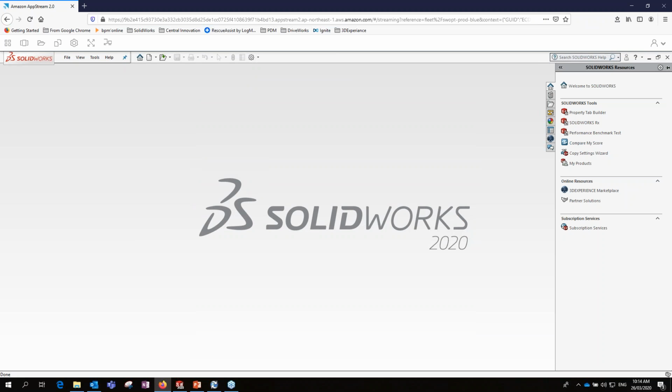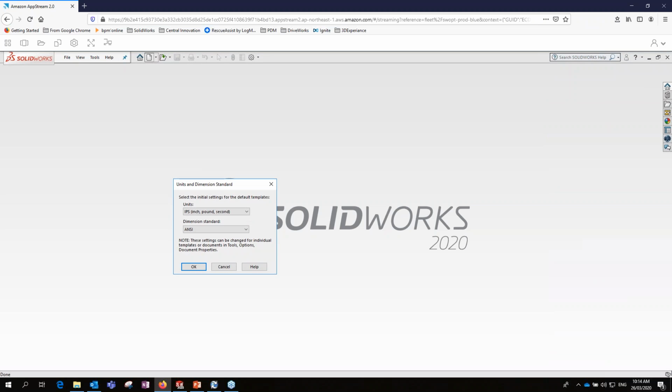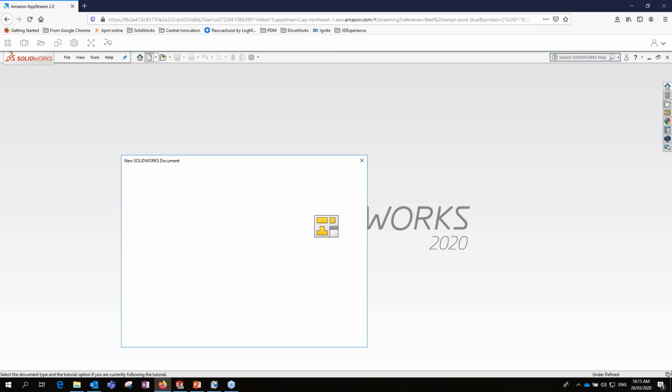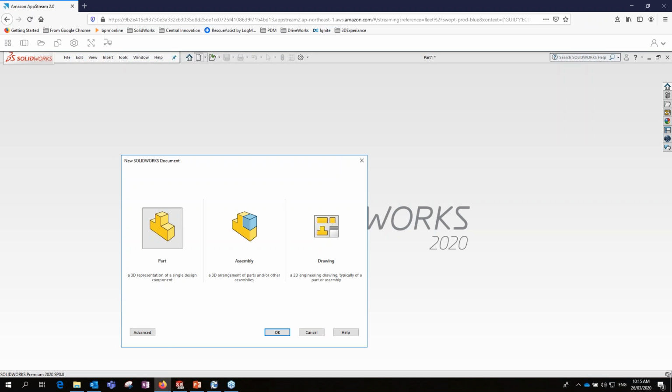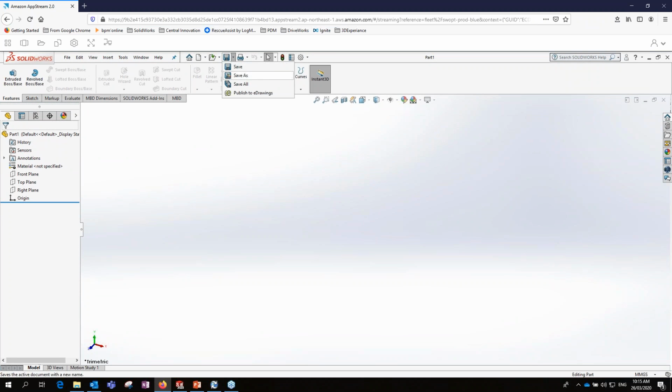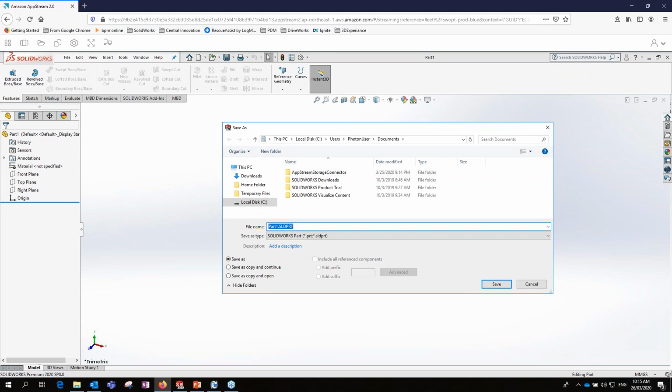So as you see, I have SolidWorks running here. I can start creating my files using my templates, and I can save my files on the cloud. So yep, you can use it anytime. I don't know about the limitation on upload and download, but I believe you can save your file and download it. I didn't try it much before, but you have like a virtual machine on the cloud where you can save your data, and you can save it in SolidWorks downloads. Anyway,